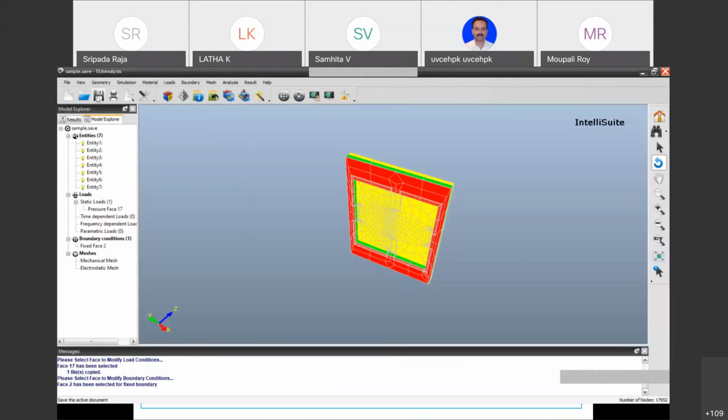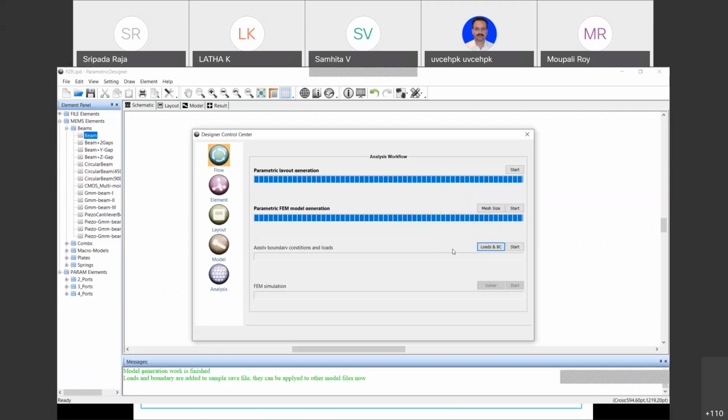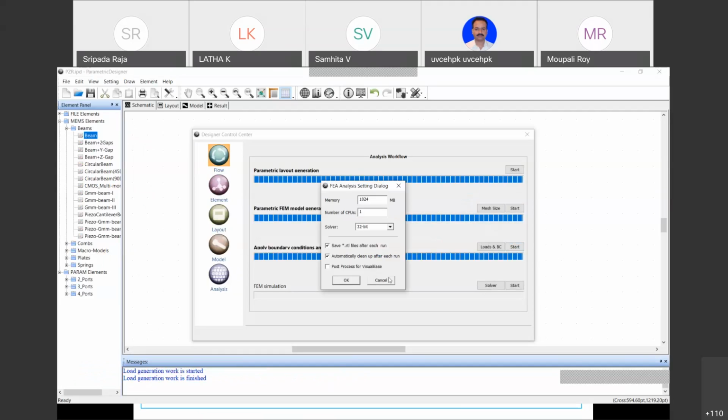Okay, and then we save this design. I click save and then exit from that module. Now I click start. So all the boundary conditions and other things are set, and then I click solve. 64-bit. My PC has some 5 GB RAM, so I can set it as 4000